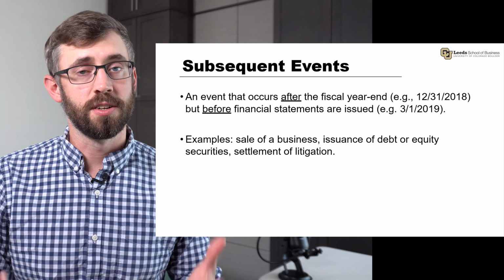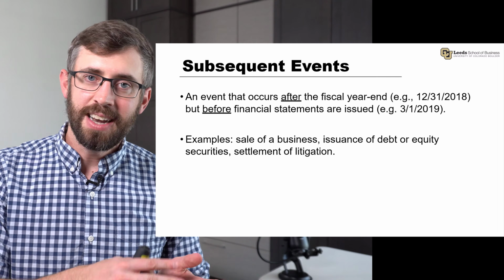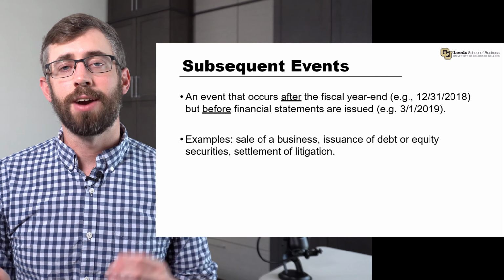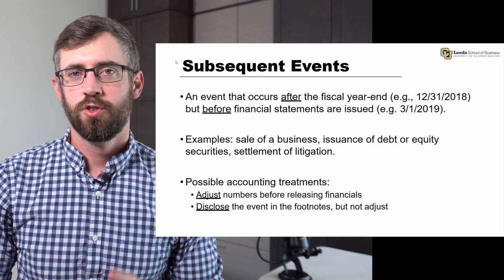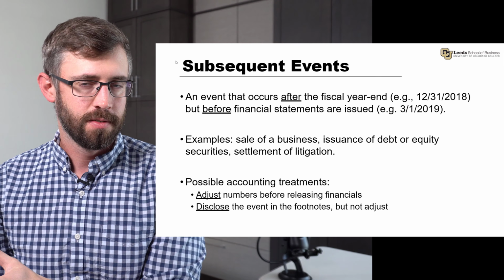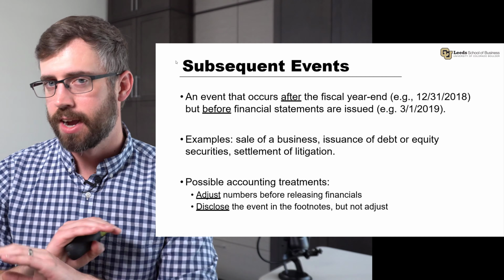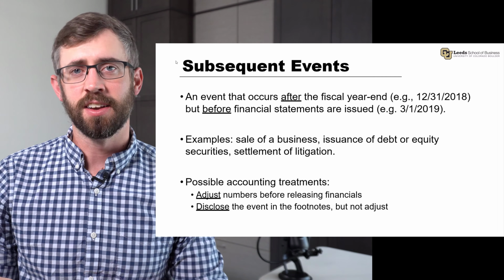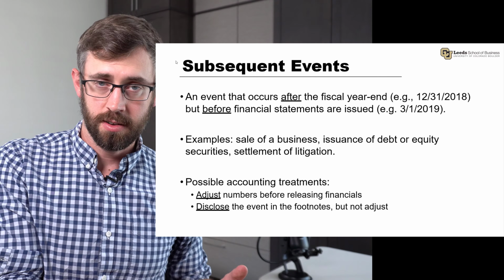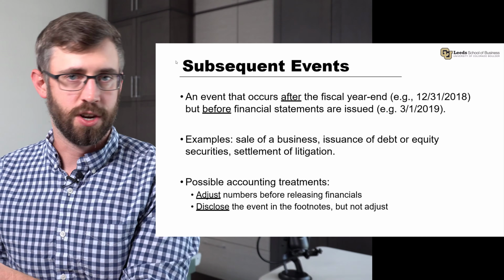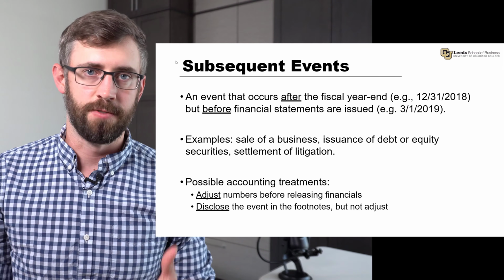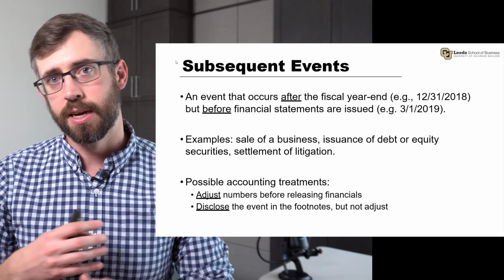And this is all important stuff to the company, but it happened after the end of the year, but before they issue the financial statements. So we need to figure out how we are going to deal with this stuff. So our basic rule is that if the event occurred after the year end, we're just going to disclose it. We're not going to change our financial statements in any way, except say, hey, this thing happened. But if the event occurred prior to the end of the year, but say we didn't learn about it until after the year end, then we're actually going to adjust our numbers to reflect whatever the economic gain or loss